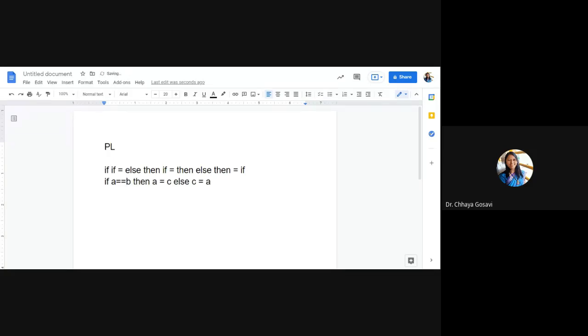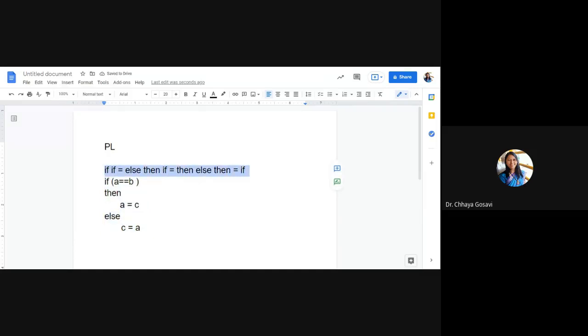In C language, I have to use this for equality. If A equal to B, this is a condition. If this condition is true, then assign the value of C to A, else assign the value of A to C. This is readable, right? The earlier one is not readable.